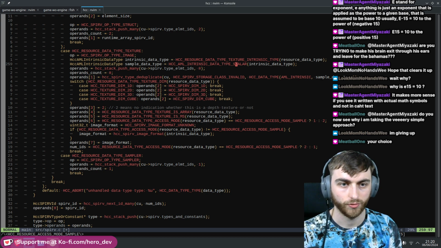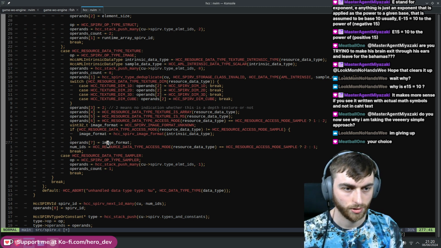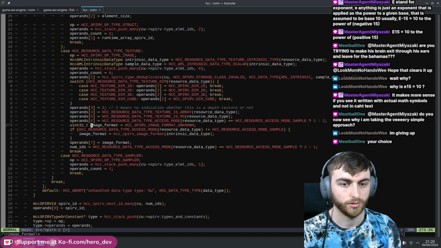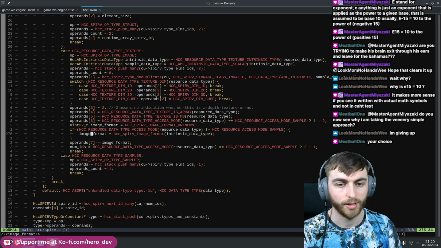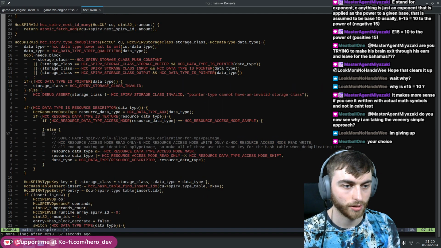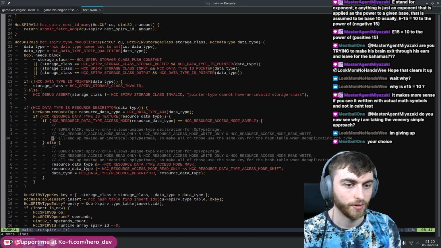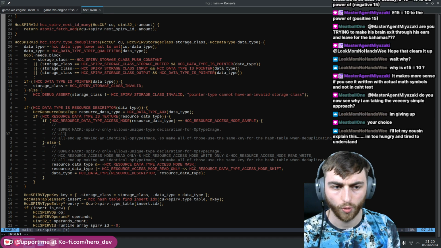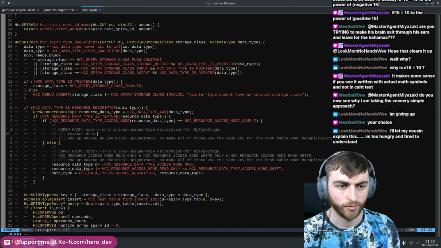Yes, I guess we'll get rid of the intrinsic type. Yeah, we don't care about the image format. This one, I think. Yeah, if it's not equal to sample, excellent. So here again, super hack. SPIR-V only allows for unique whatever's right, okay. All texture descriptors, all sample texture descriptors will